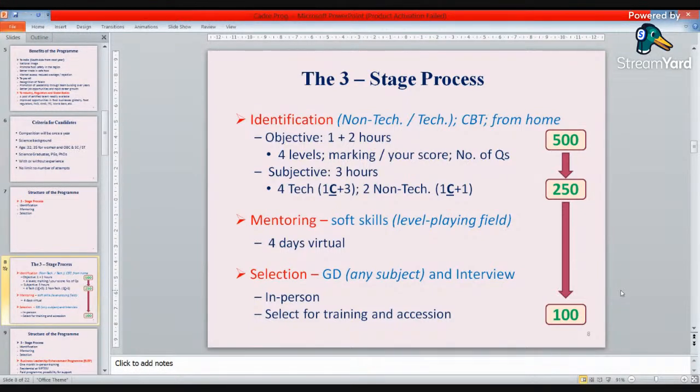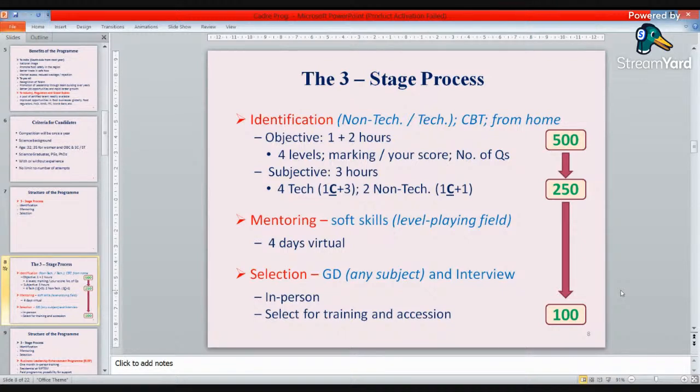What we want to see is how convincing your arguments are. How do you present your views logically and bring the other people in the group to your point of view and get them to agree? And that is what negotiation is all about. And that is the skill you will have to develop when you start your career. And that is what we want to tell you during the mentoring program.